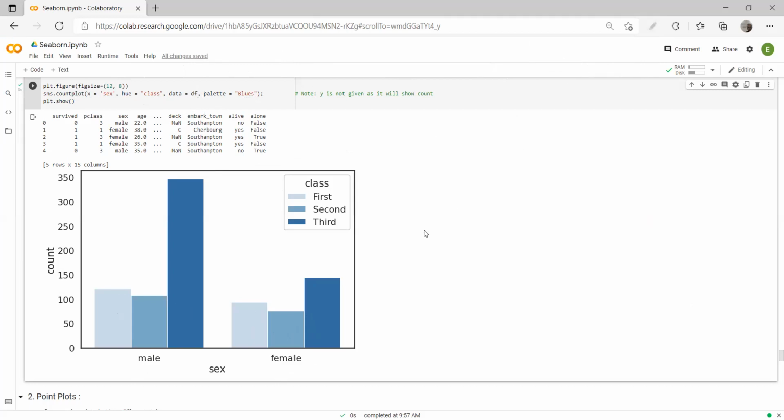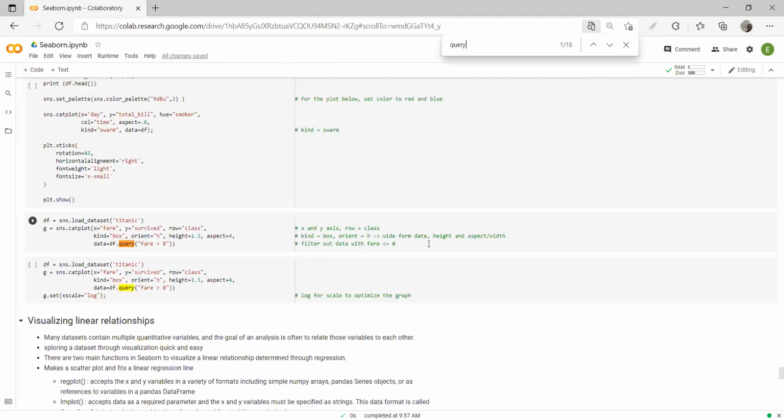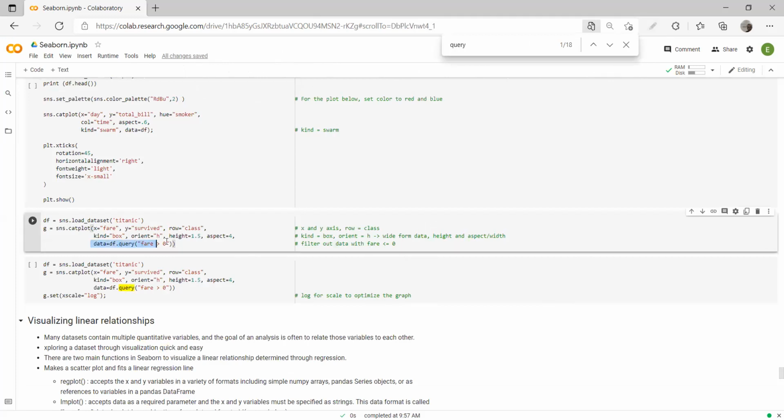I think we have one example of the query somewhere. I don't know whether it's up or down. Over here, right? In the cat plot we did, data is equal to data frame, pair is equal to 0. So similarly, in the data for this plot as well, it is yet to come. But over here also you can say that data is equal to data frame dot query survived is equal to 1. So it should work, right? Let us try.